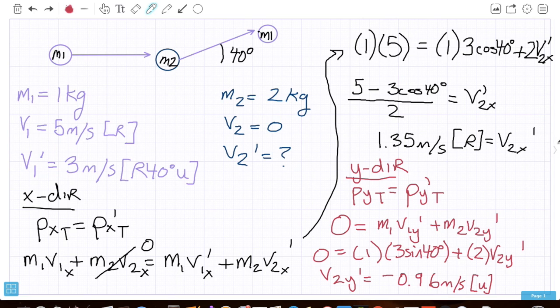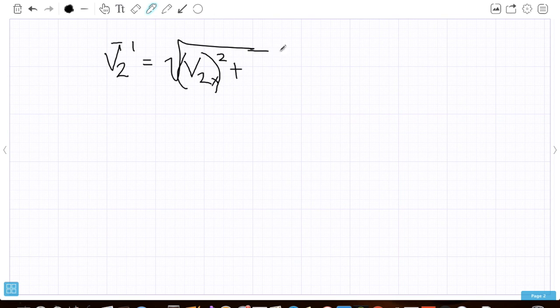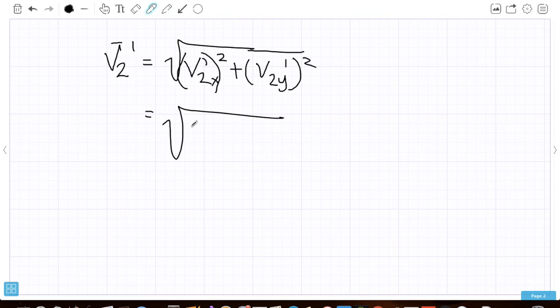And the way we do that is we use the Pythagorean theorem. So let's just combine our two answers. So v2 prime is equal to the square root of v2x prime squared plus v2y prime squared. And the numbers that we're using the algebra on are these two numbers. And that works out to be